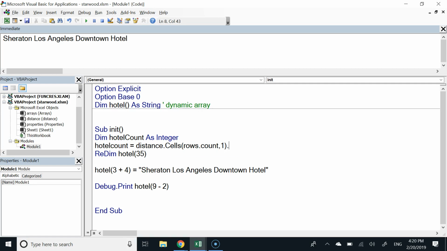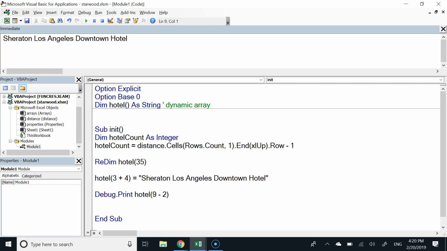From there, that refers to a cell. There's an End method. I can then give this, no quotes, I just say, which way do I want to move? End xlUp. And that will take me up to the cell that has the data, and I want the row. So that's going to give me 37, but because I don't have anything in my first cell in that column, my hotel count is really whatever that number is minus 1. And so now I've calculated how many hotels I have, and I'm ready to create my 36 variables